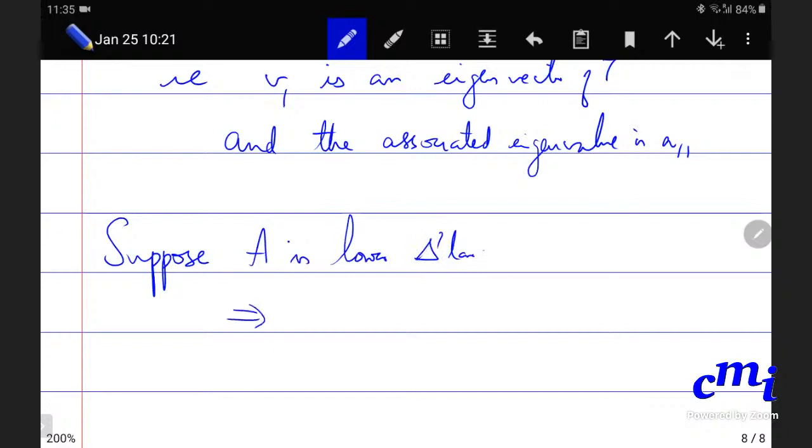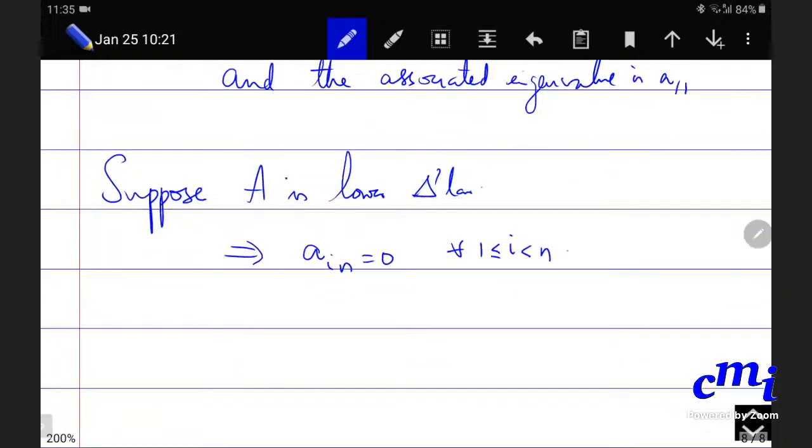This means that in the last column, there's at most one non-zero entry, which is the diagonal entry in the last column. So this just says a_in is 0 for all i less than n. This now means that T v_n is a_nn b_n. So either way, if you want to find a basis with respect to which it is triangular, choose